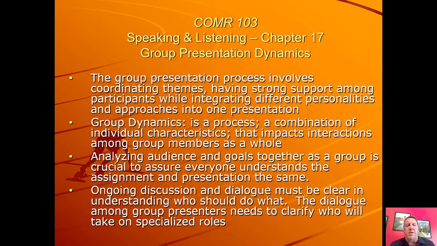On this first slide, the group dynamics definition is very important. It's a process. It's a combination of all individuals on the team that impact the interaction amongst the team itself as a whole. So if you are selected or assigned to a team to do a presentation, it is imperative that all, for example, all four of you on the team get together, talk about the project, know exactly what piece of the presentation you're going to have, and make sure that everybody on the team understands each person's responsibility,